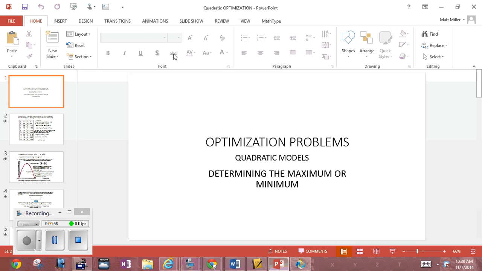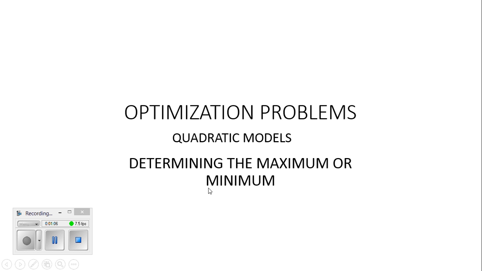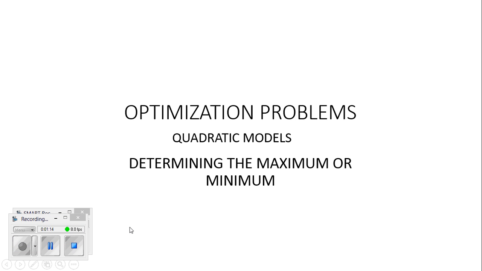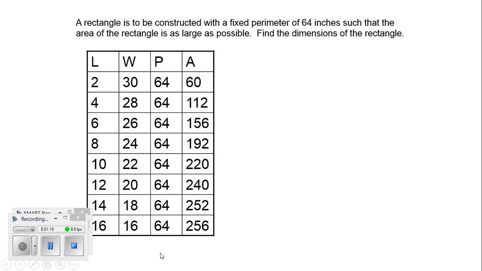So we're back here and we're looking at this PowerPoint. So let's execute this PowerPoint because we have that problem to look at and a few others, okay? So we're talking about optimization. We're talking about quadratic optimization, all right? And optimization, of course, means either finding your maximum or your minimum, okay? So take a look, all right? Here was our situation, okay,